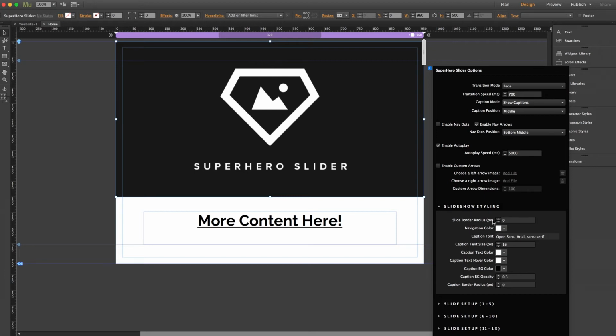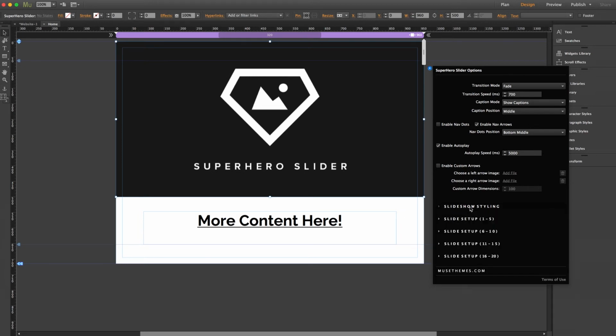Now let's jump into the slideshow styling, and I'll run through some of these briefly. Slide border radius. This is measured in pixels and allows you to add a curved radius to the corners of the slide images. Navigation color. This applies to both the default arrow and the nav dots. Caption font you can enter here. And just a quick note, we've mentioned this before on other tutorials, just make sure that whatever font family you're using is actually placed somewhere on your page so that Muse exports the font to the browser. It can even be just a small hidden punctuation mark. It just needs to be present on the page somewhere. And then of course captions, background color, and opacity. You can use these to make the caption text stand out better depending on the image coloring that's appearing behind it.